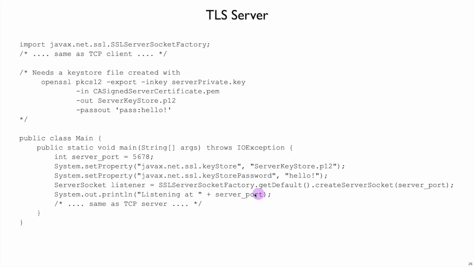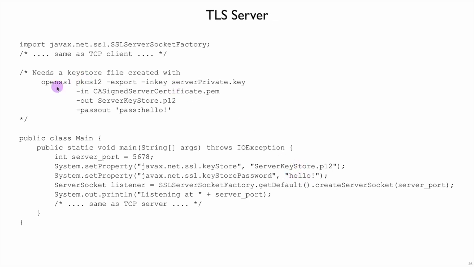As we saw in the code before, to create a TLS server, we need a server key store. This is going to have inside of it the server's private key and public key, and a certificate for that public key, along with the certificate authorities and the full certificate chain that would be needed with that server. This server key store.p12 is password protected, so we have to provide a password as well, and it can be